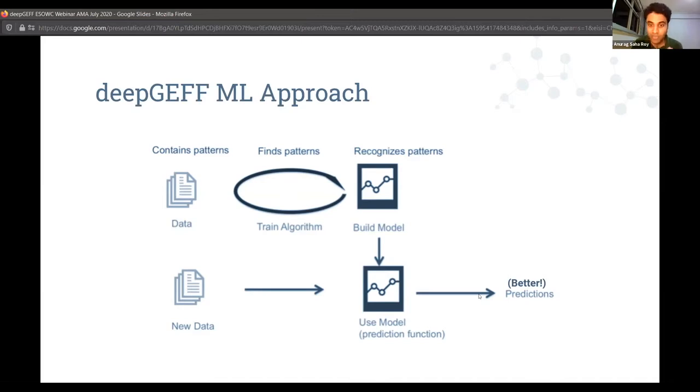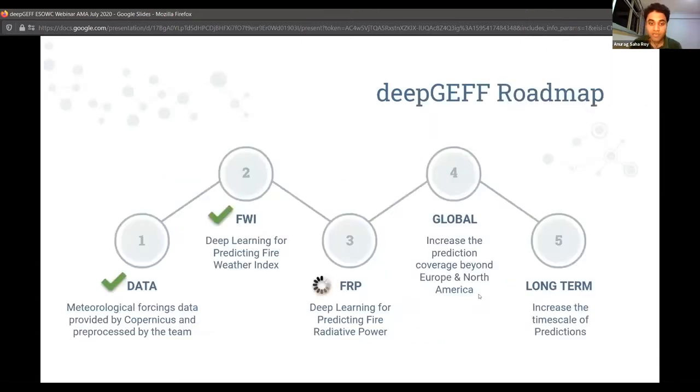So this is a very standard machine learning model. We have not developed or invented any of this. Our work is more about optimizing this model to suit both the data and the outputs, and that is what we have been doing over the last 2 months. We have already finished procuring the data with the help of our mentors from ECMWF.